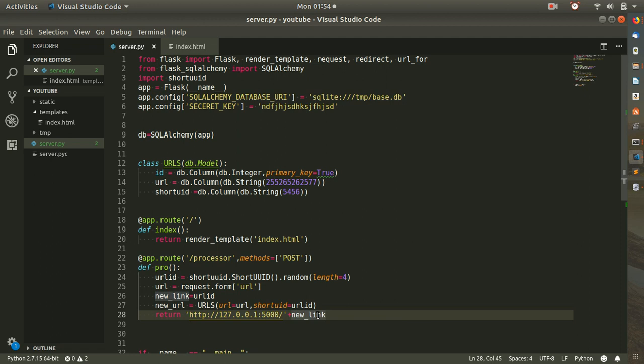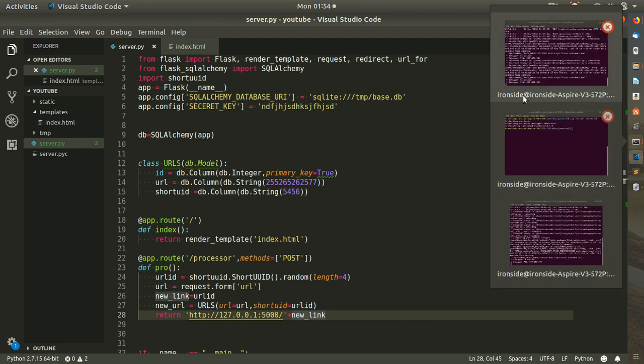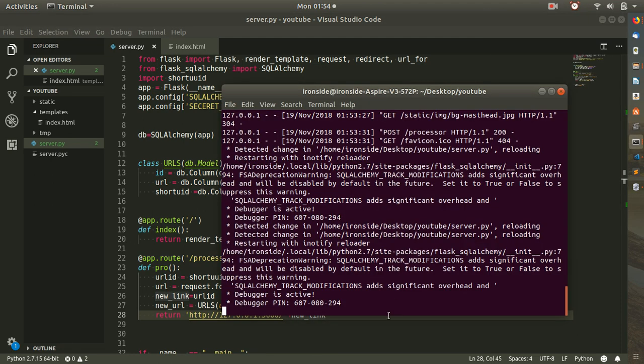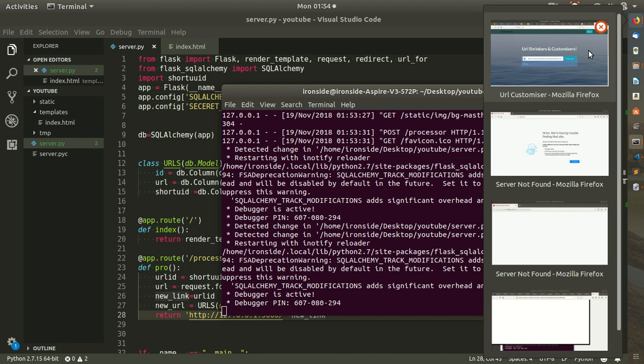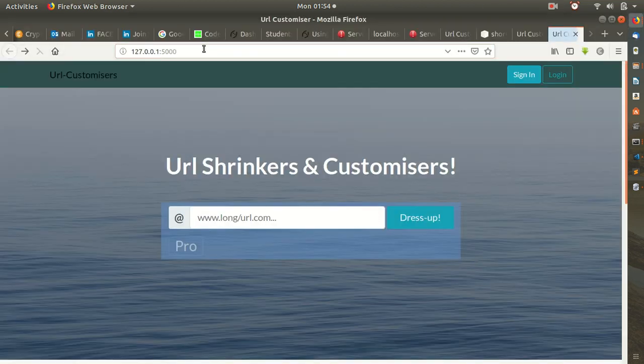So we don't need to concatenate anything. Now this URL ID, the small URL ID that we have now, will change to our URL. It will change to our new URL that will be making use of the new short form of the URL that we need. So let me try and reload once again, and let me go and copy another long